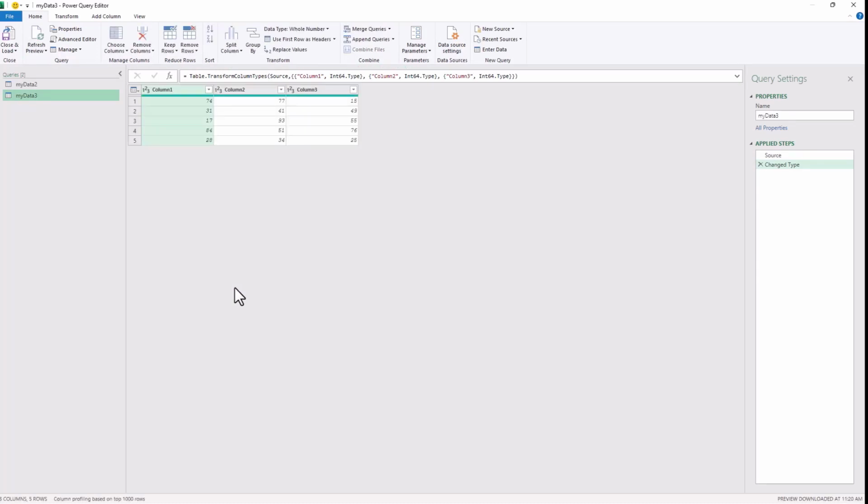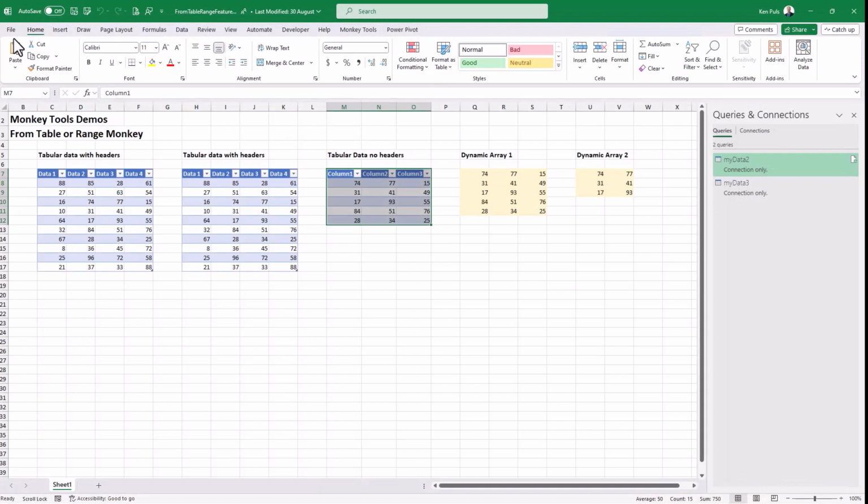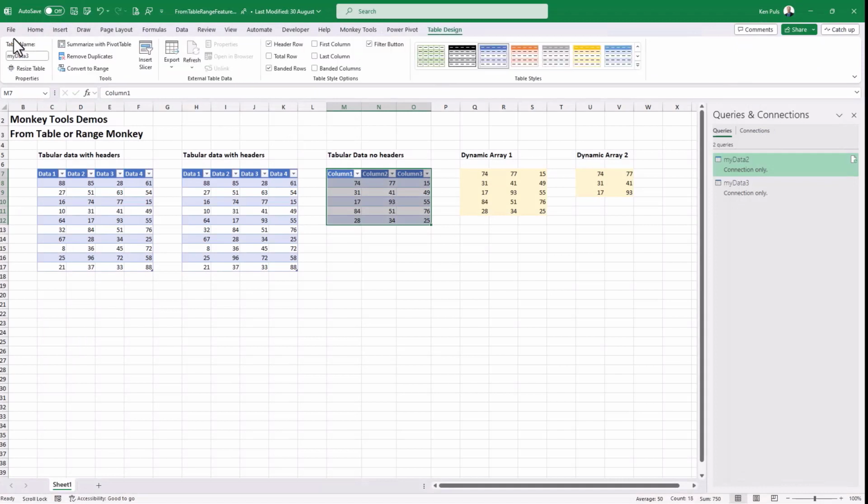The important thing to recognize here, though, is that unlike Excel's default behavior, which would call this table 1, notice that mine is pointing to the custom name of the table I gave it, my data 3. We were able to define the name of the table up front and make sure that when we commit this query, it's still going to work. So I can now hit close and load. Now my default behavior is to go to connection only, but you'll notice that my table is called my data 3. So that's brilliant.